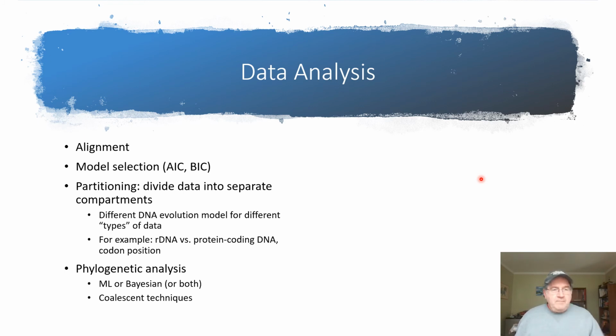So the first thing you need to do is to align your data across your organisms. If you have your target DNA sequences, which you have defined in advance in ATRAM, UCEs, or anchored hybridization, then you separate those out and align them using the standard multiple sequence alignment techniques